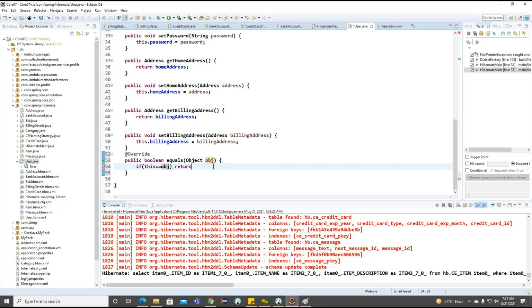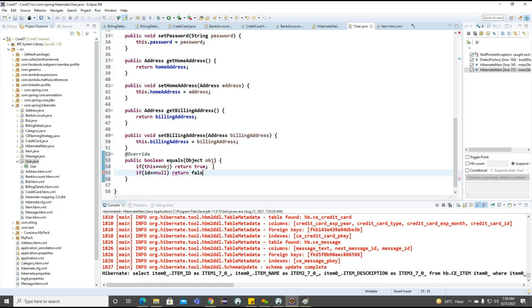Now what we can do: return true. Otherwise, we can make one more condition. What is the ID we have? The user ID equals null.